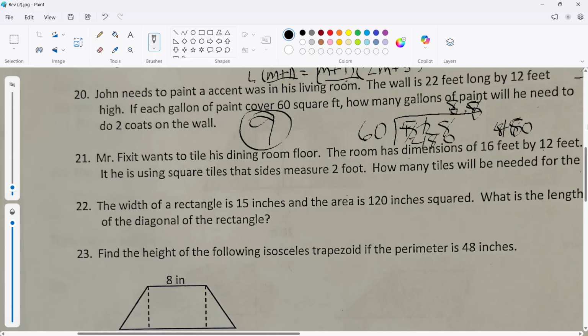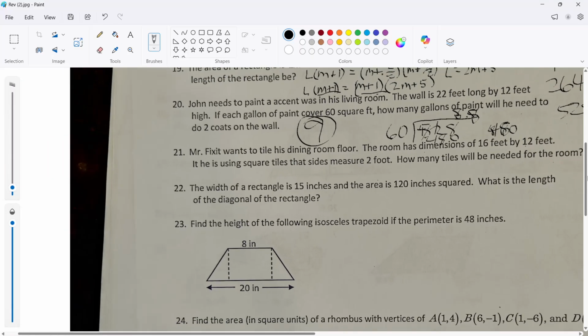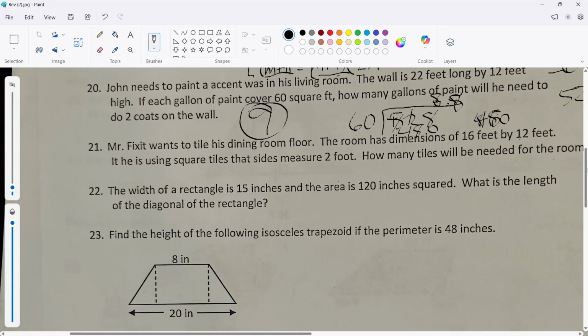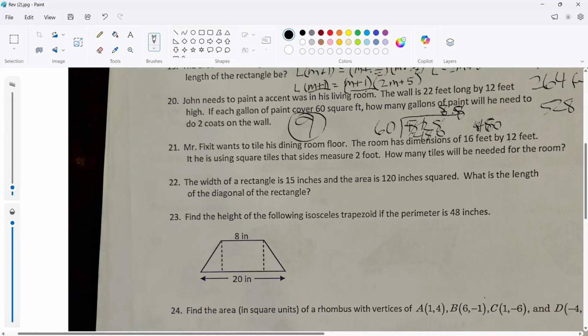Mr. Fix-It wants to tile his dining room floor. The room has dimensions of 16 by 12. If he is using square tiles that measure 2, so each tile is 4 square feet. The room is 16 times 12, which is 160 plus 32, so 192. So I just have to divide 192 by 4. 4 times 4 is 16, 32, 4 times 8. I need 48 tiles